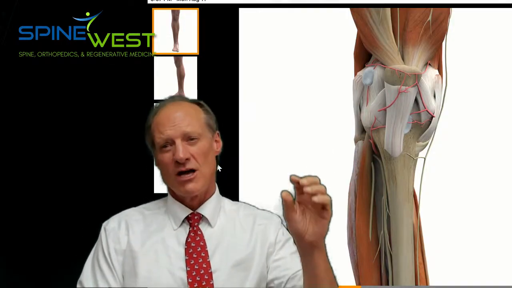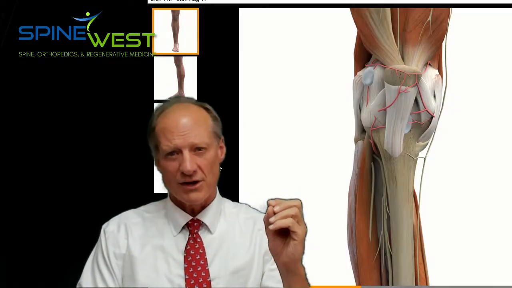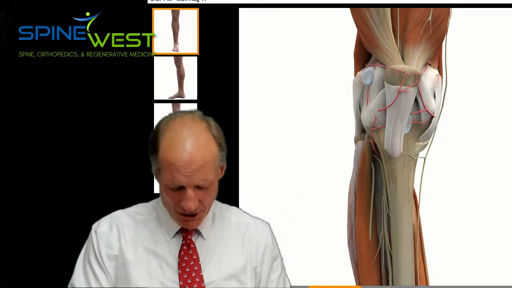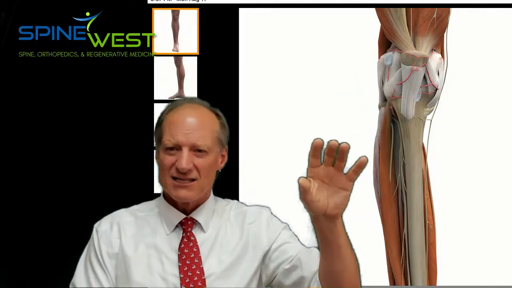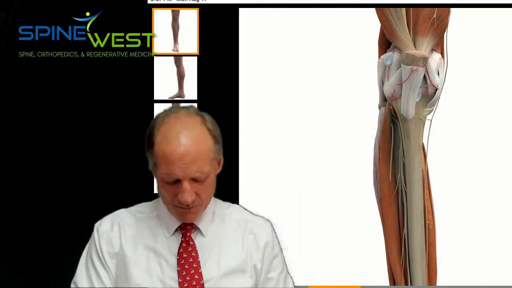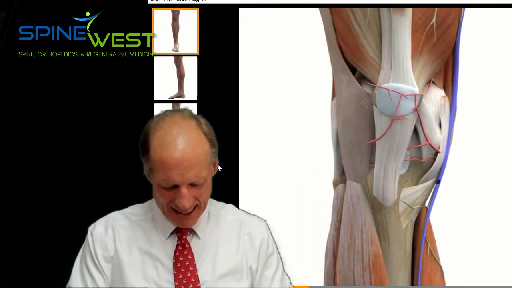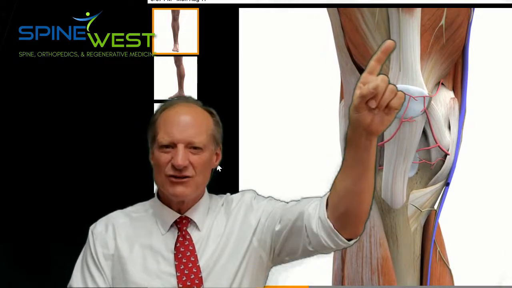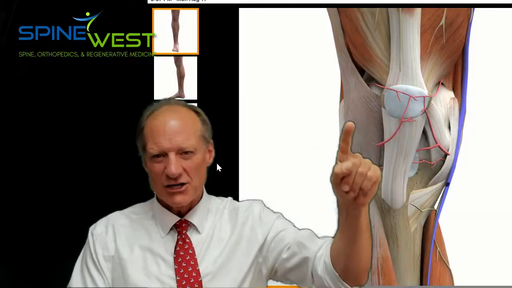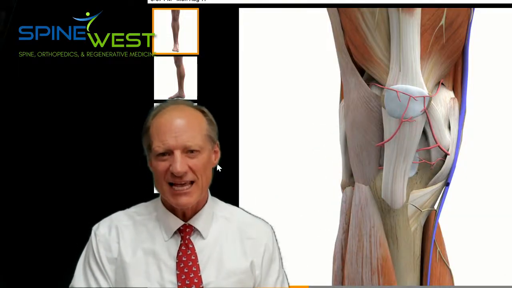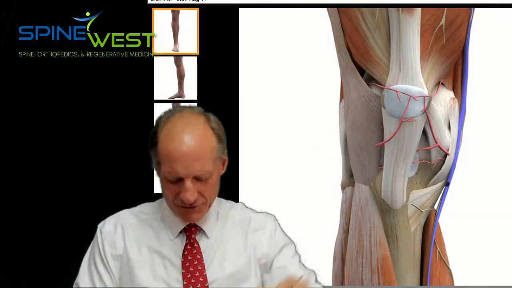They can also tear suddenly with an acute fall like we talked about. But by and by, the muscles and the tendons stay fairly stable, and then you've got the overlying structures, which are the larger muscles that connect up to the hip, and you've got the nerves that wrap